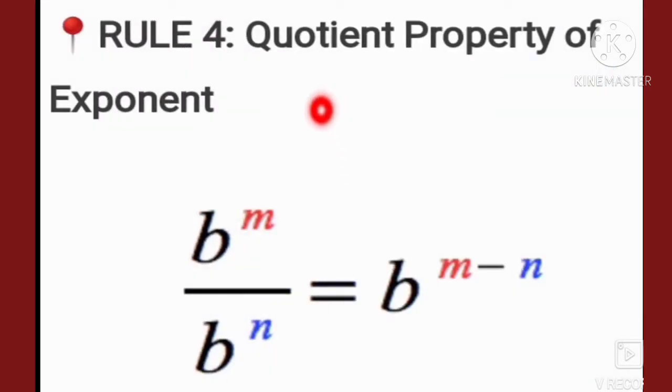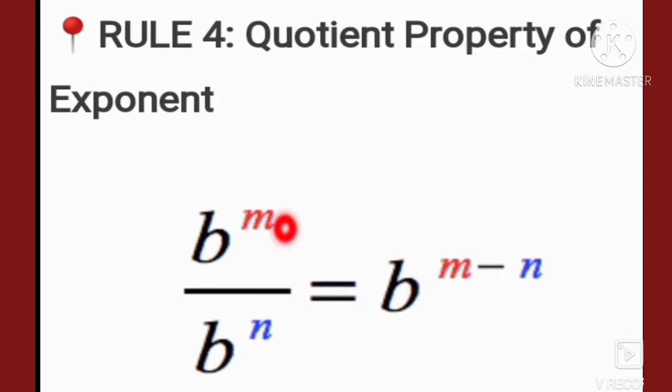Rule 4, quotient property of exponent. b to the power m divided by b to the power of n gives b to the power of m minus n. That is, when the bases are same and it is of the fraction form, b to the power of m by b to the power of n, we have to write the common base, and in the exponent we need to take the difference